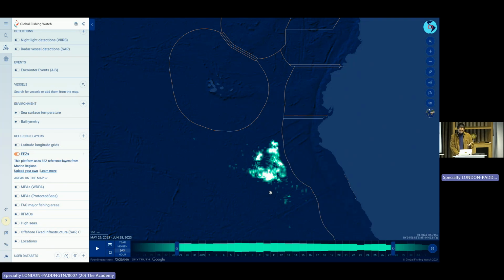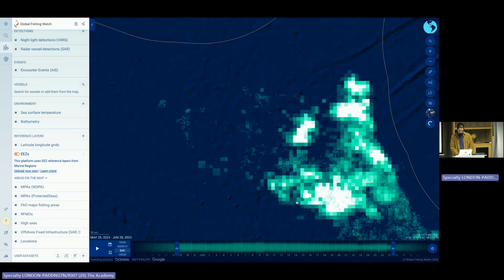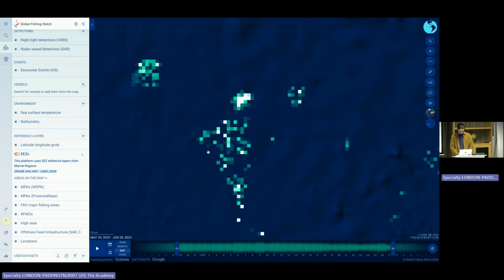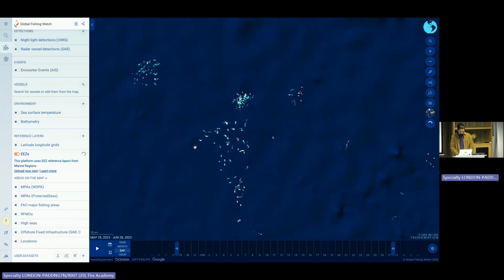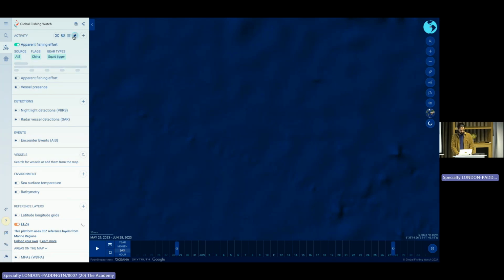From here, we can explore and try to see what vessels are operating here. We can say we are interested in around this area. If the data is not super dense and we don't have a lot of positions, we can switch to this mode that is position by position mode, basically, where instead of grouping all the positions into a heat map, we show directly